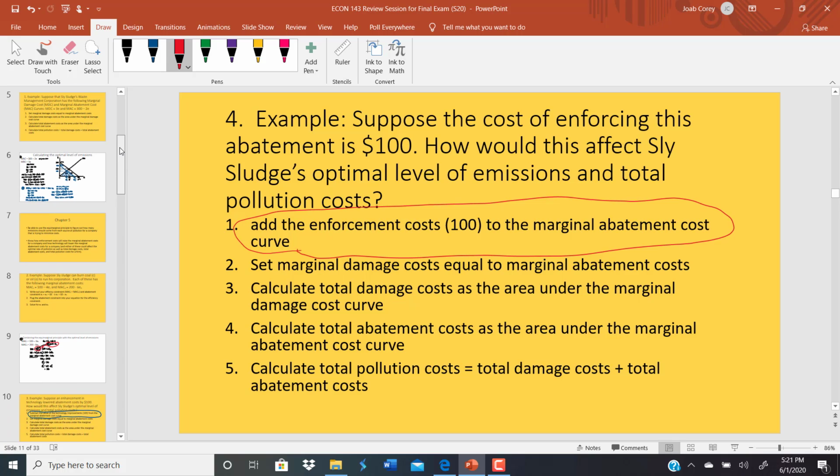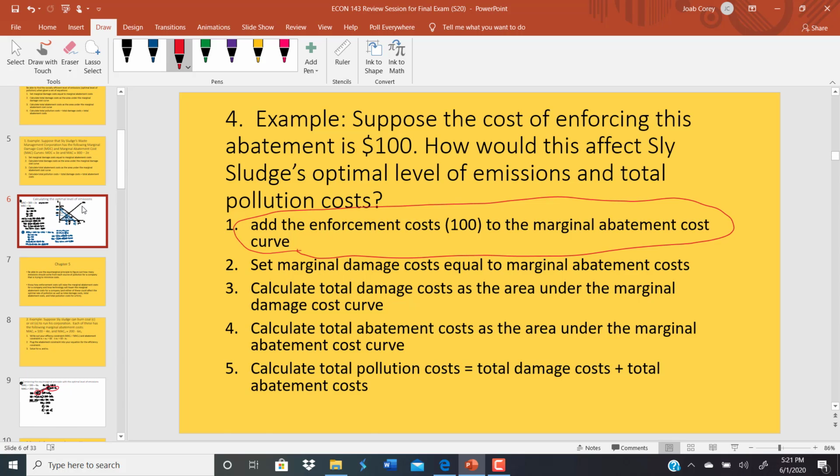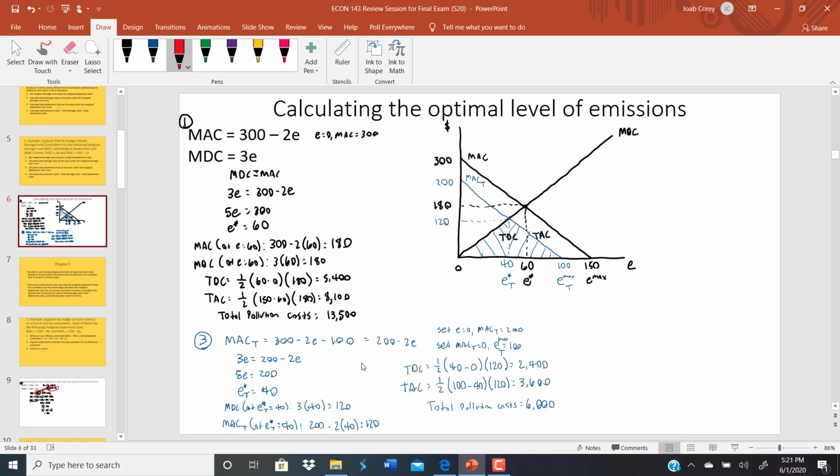If you want to see what that looks like, we can go ahead and graph that out. If you're already familiar with how to do that, you can skip ahead in the video if you prefer, but I'm going to do it one more time for anybody who's curious. So this will be number 4 here, which we'll do in red. Now we're going to have a marginal abatement cost, call that MAC sub E, which is going to be equal to our original 300 minus 2E, but now we're going to add 100 to it as opposed to subtract from it. And that's going to give us 400